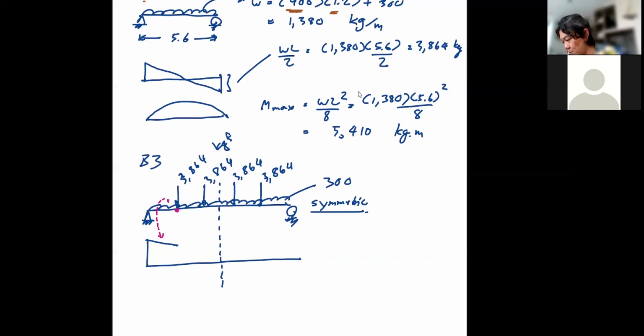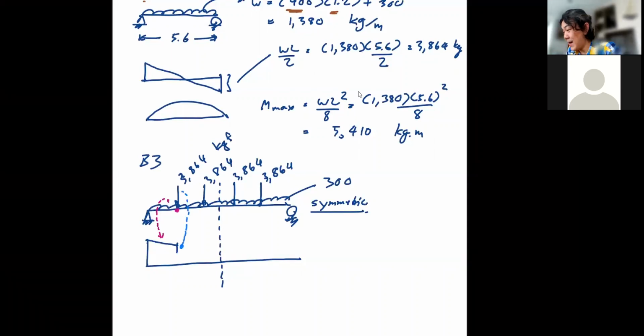So your shear force will have to come down like that. And then let me try to use the dramatic color. Like this would do maybe. This is the result of point load,